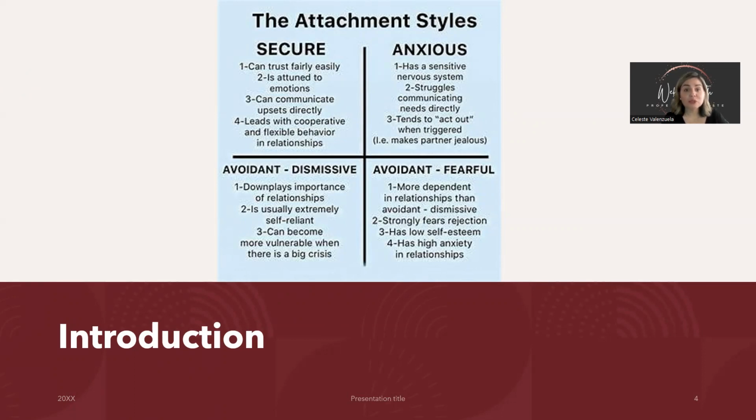We want them to know how to communicate their feelings. We want them to cooperate and be flexible with behaviors and relationships, with other children and also with us. But some children don't come to school well prepared to do all of that. So that's why it's important that we as teachers create this safe environment where children can